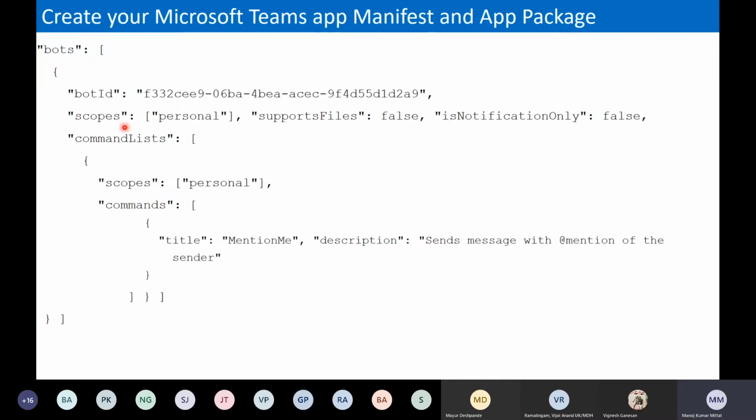Scope, we need to define. So what type of bot it is that we are defining in Microsoft Teams: it's personal, it's a team, it's a group chat. Such types of scopes we need to define. Once we deploy, our bot will be available at the particular scope level. And the command section is just like a hint text. As you saw on one of the last screens, once I clicked on the conversation chat window, it showed two little pop-ups. So we can define our hint text, what the title is and what the description is about. That's how our app manifest file is going to be designed.